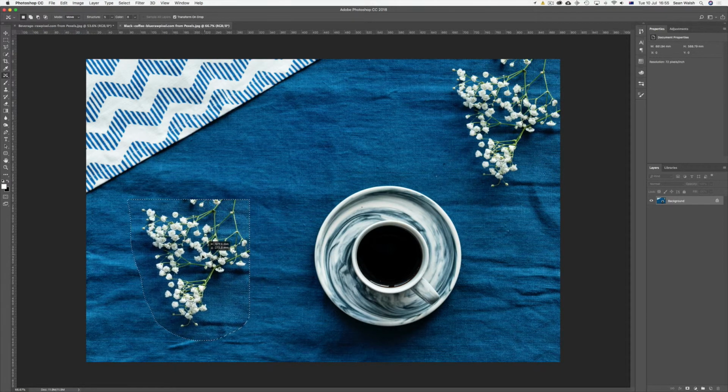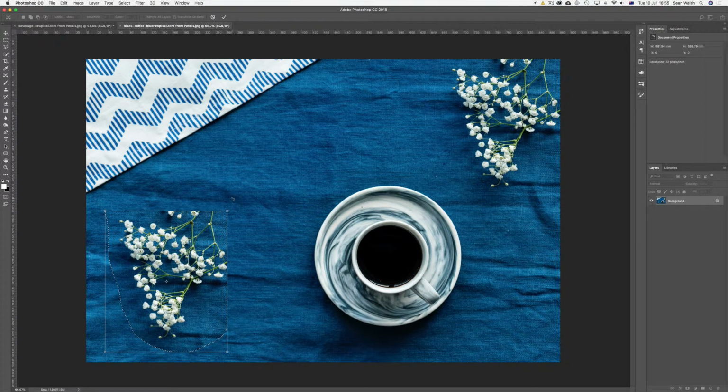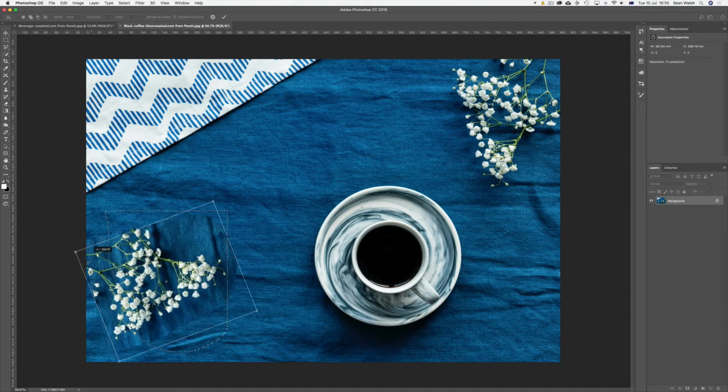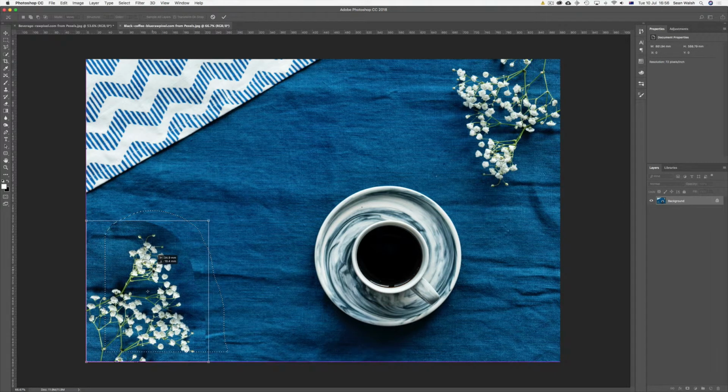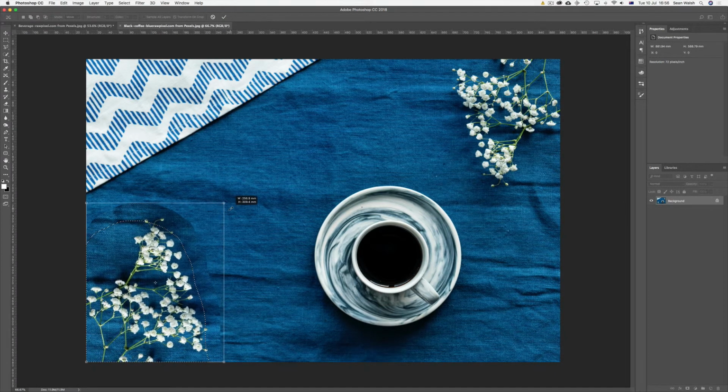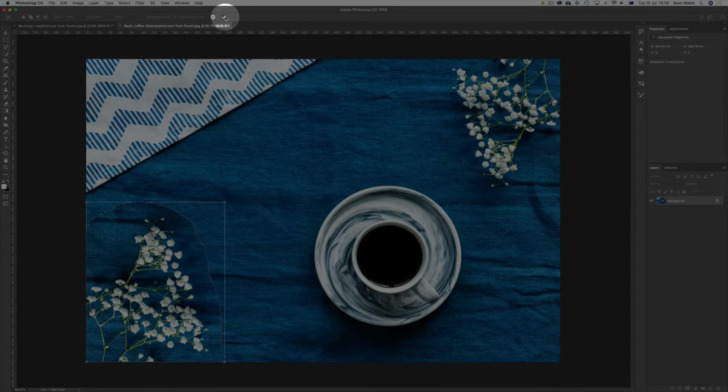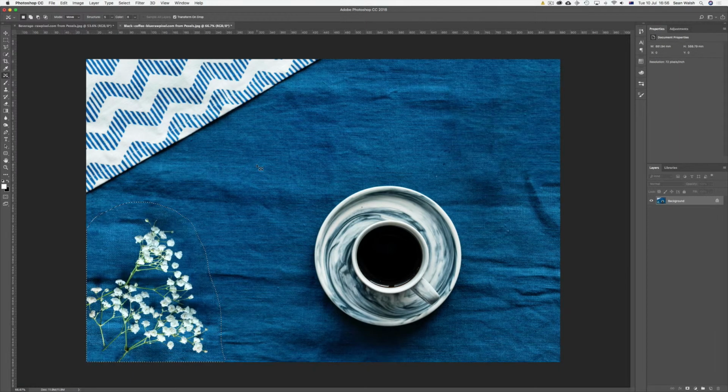I'll bring them down to the lower left corner, and then hovering just outside of the corner of this selection, I get that bendy arrow that allows me to then twist that around at 180 degrees, and I'll hold Shift so that it locks it into position, and then drag it down over to that corner, and I'll also just increase it a little bit in size, so I'll take that up to there. Right, excellent. So now I'm ready to click on my commit button there,